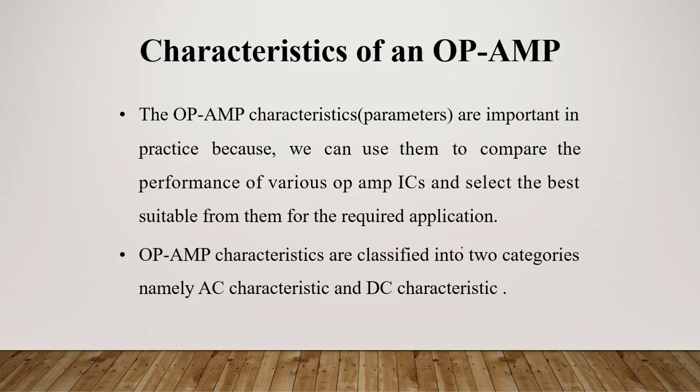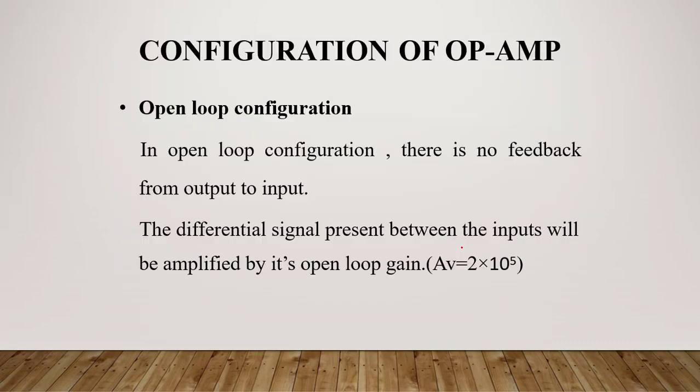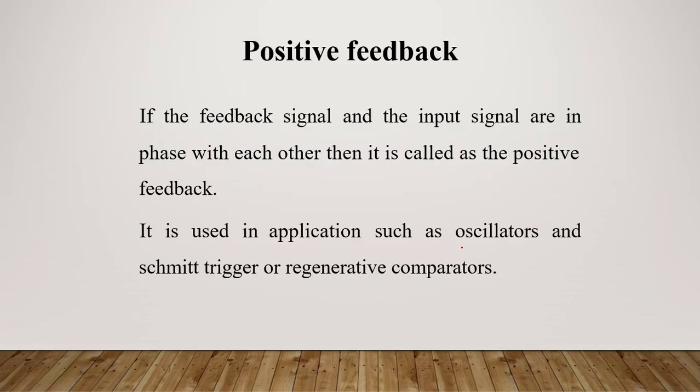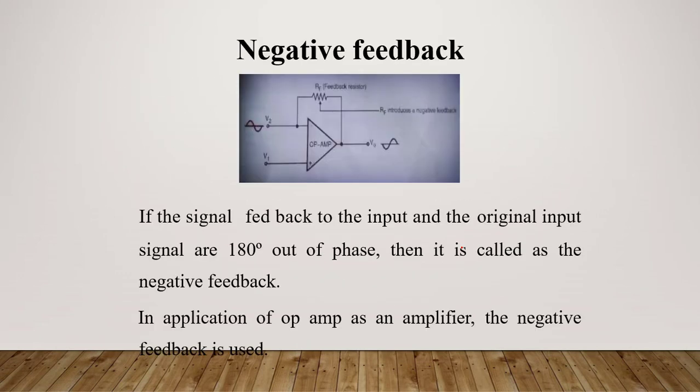Now we can move on to the closed loop. What happens in closed loop operations? In closed loop we have two types, one is positive, another one is negative. Already I told we are only discussing negative feedback here. In negative feedback this circuit is common for all the portions. That is V1, V2, we have one particular resistance and we have V0. Now what changes we will get here, just check it out, it is very important.